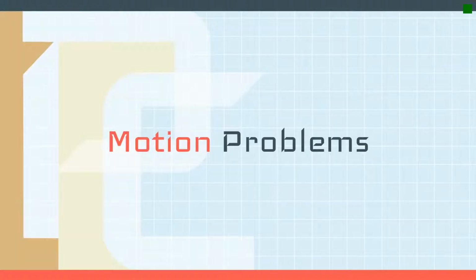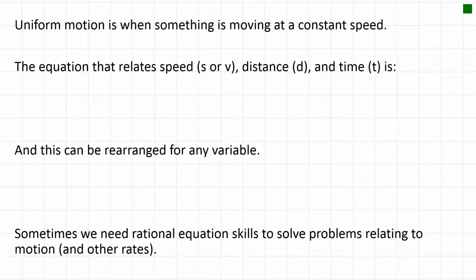Motion problems. Uniform motion is when something is moving at a constant speed. And as long as something's moving at a constant speed, we have this equation that we can write that relates